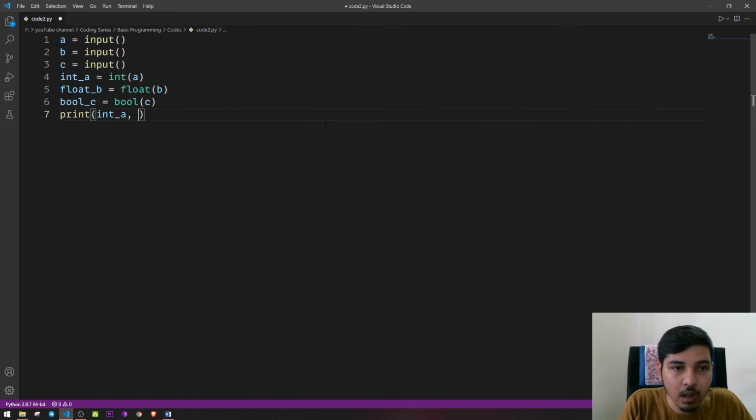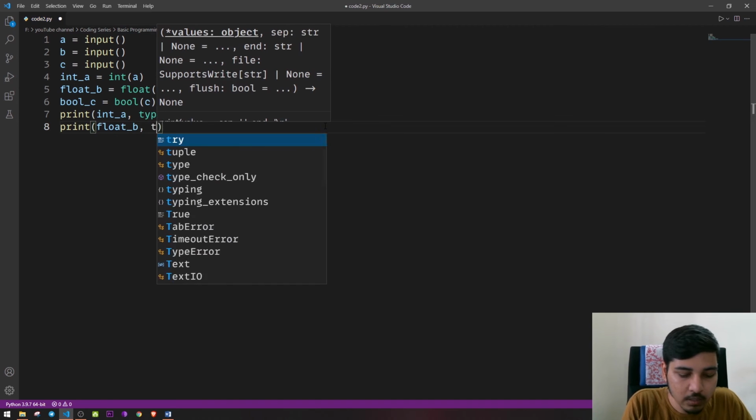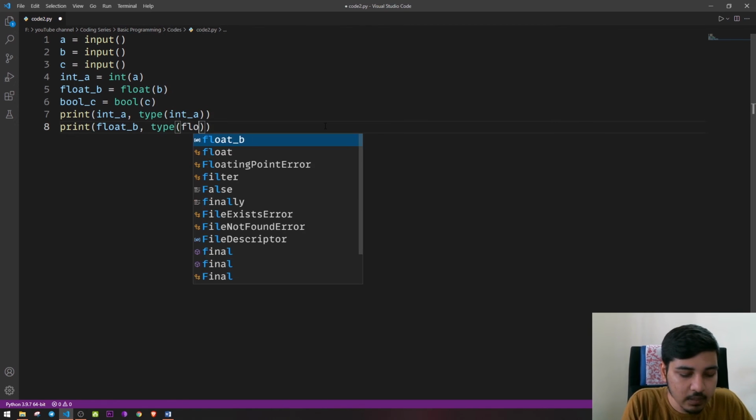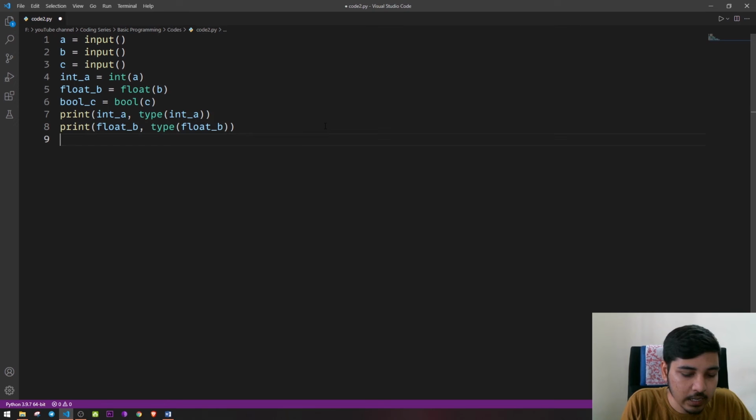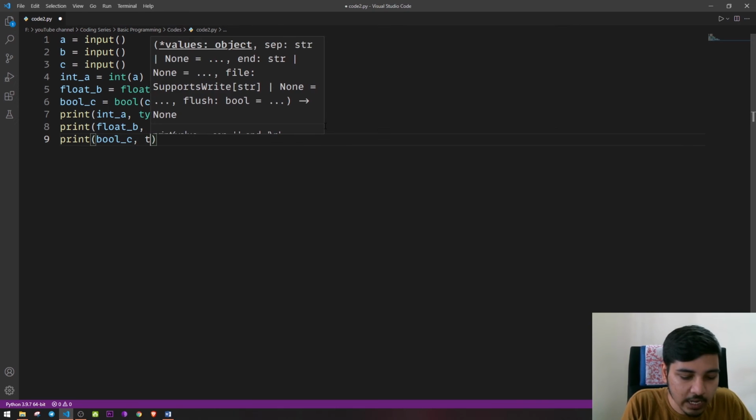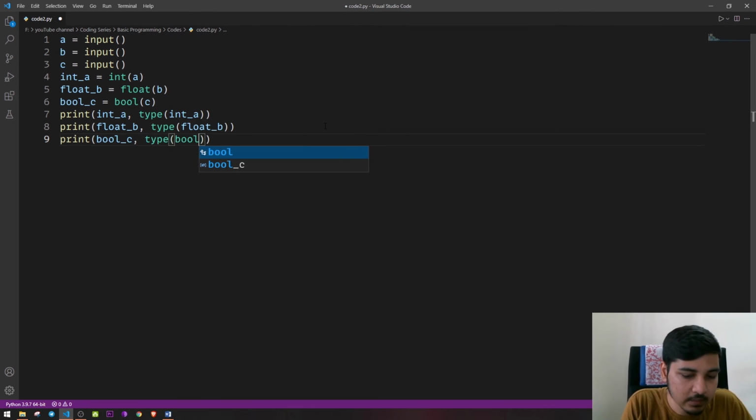print int a, comma, type of int a. So we are printing the value and the type of that value, right? Then print float b, comma, type of float b. And in the same way you can print bool c, comma, type of bool c.